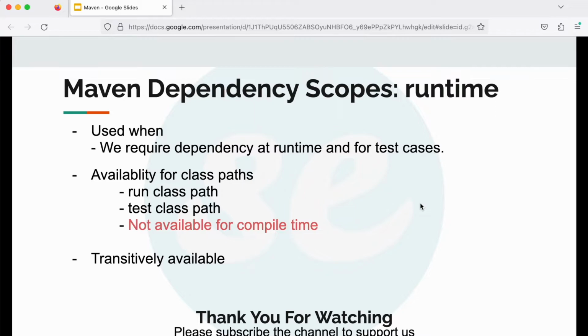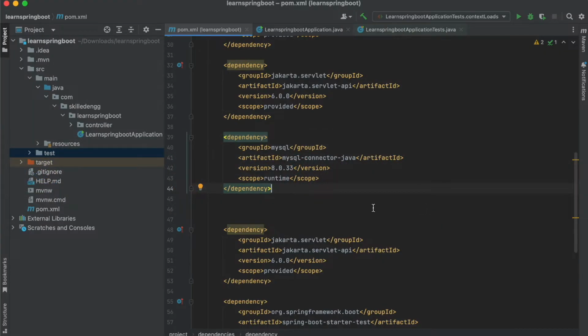For example, if our service is communicating with a MySQL database, we would require the MySQL connector dependency. Let me show you that by example. If I open IntelliJ, this will be the dependency which we would require if we are using the MySQL database in our service.